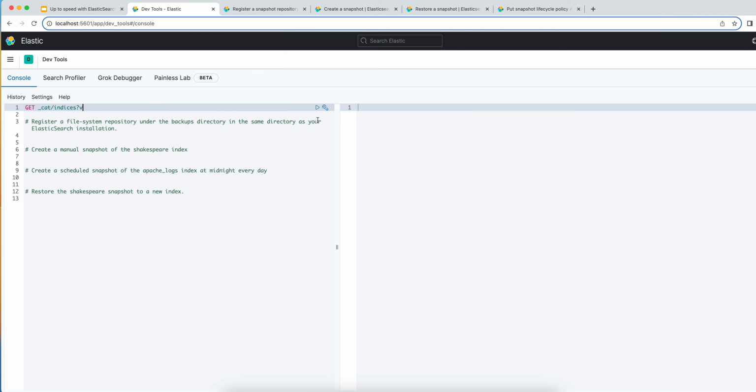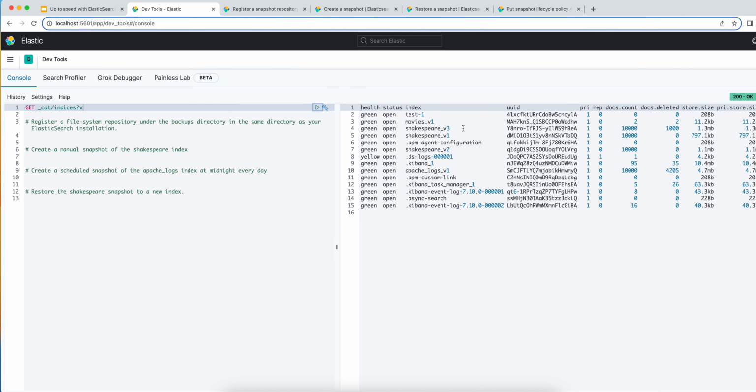Perhaps as always, let's just check our indexes really quick. So we've got Shakespeare v3 and we've got Apache logs v1. Everything else is looking good. So we want to register a file system repository under that backups directory in the same directory as the Elasticsearch